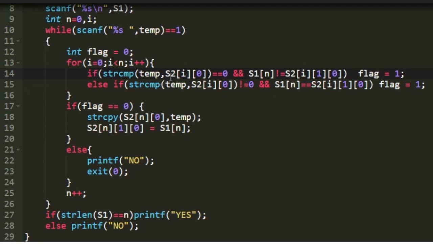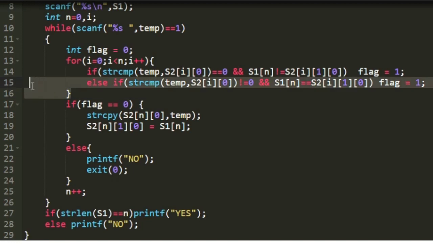Here we compare the accepted word stored in temp with the 0th index of S2, where the 0th position is the word, and the first index 0th position holds the character. We check it with S1, and if one condition is equal and the other is not equal, or vice versa, we make the flag value 1.